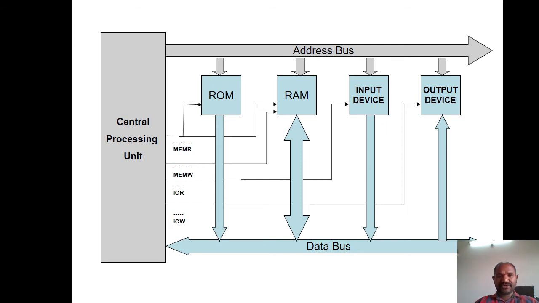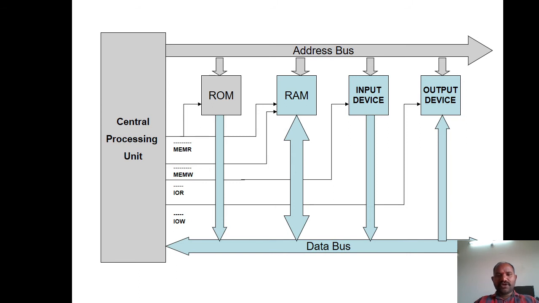There is a variation, right? So the memory read signal is generated. Once the memory read signal is generated, the ROM device is going to accept the address. Other devices are not accepting the address because their control signals are not enabled. Only the device which is receiving the control signal along with the address, at that time only the corresponding device is going to accept the address inside it.